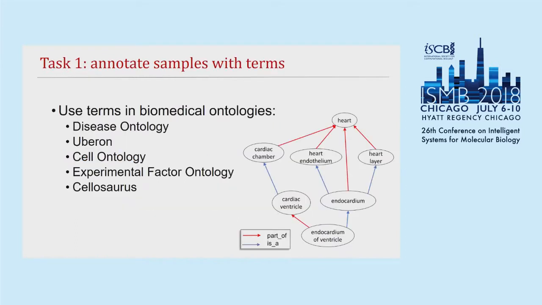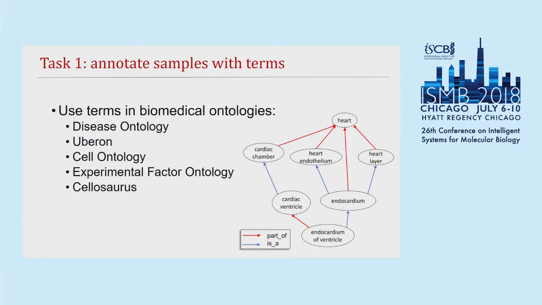So first, we annotate samples with terms from ontologies. And as was described in the last talk, an ontology is a structured vocabulary. So it consists of a set of terms or entities, as well as relationships between those terms and entities. So here's a very small subgraph from the Uberon ontology that describes anatomical entities. And the blue edge indicates an is-a relationship. The red edge indicates a part-of relationship. So some of the knowledge encoded in this graph is that the cardiac ventricle is a cardiac chamber, which is